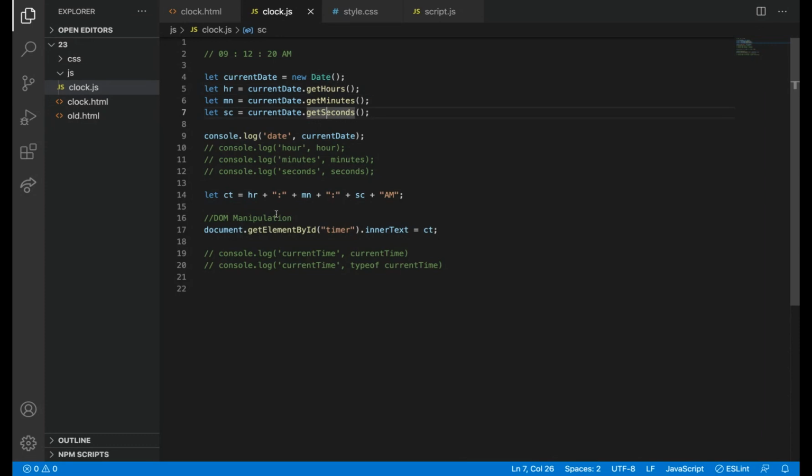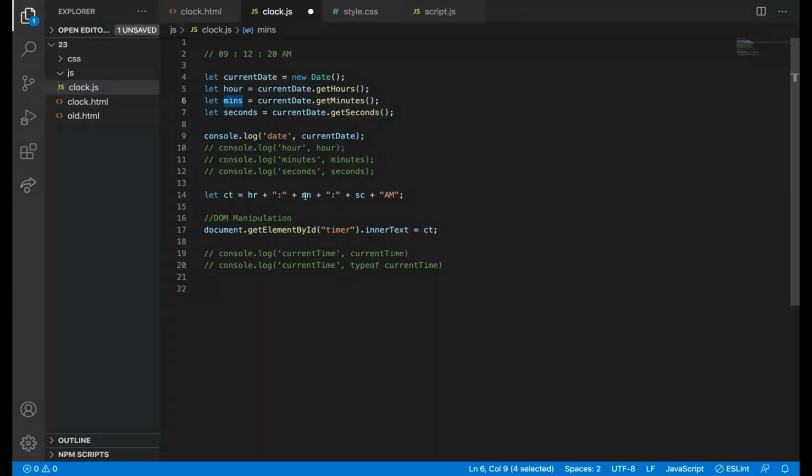So what we have done is we have got the get hours and put it in the HR variable, and then we added it with a colon and also minutes and also seconds. We can name it as hour, minutes, and second itself. I think in the previous class, for explaining things, I changed the names.